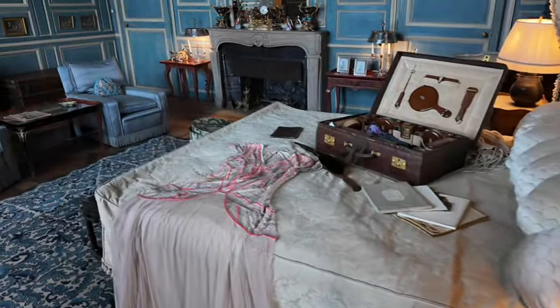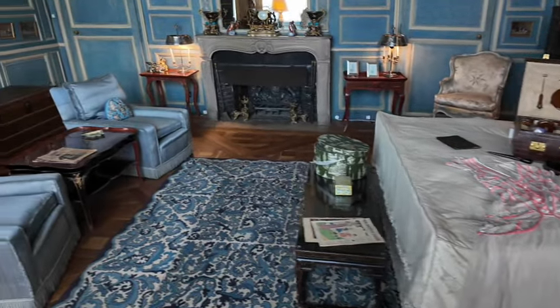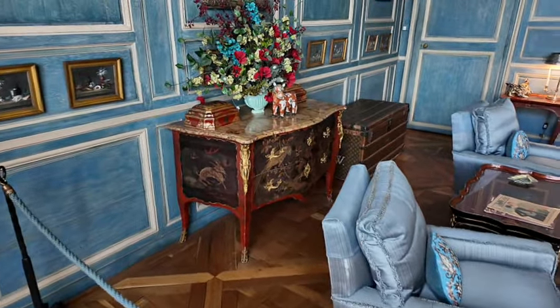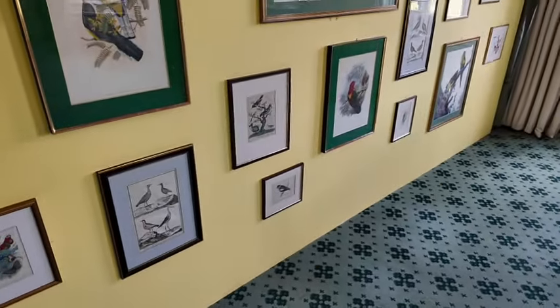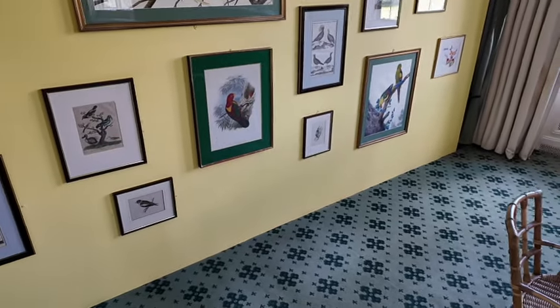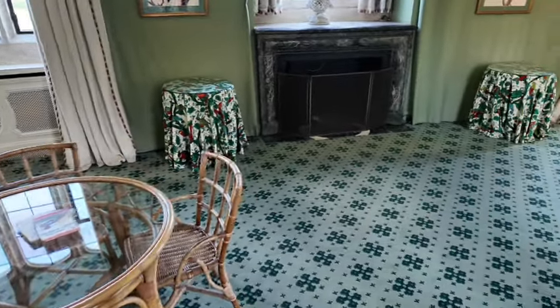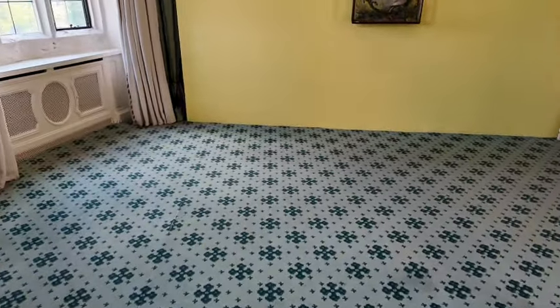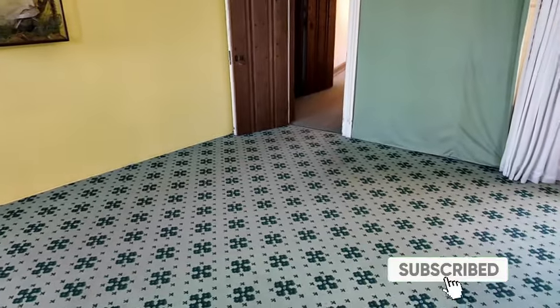As we enter the bedroom, very well done. You can definitely tell it was decorated sometime in the 1920s or 1930s. In here, there's a lot of pictures of different birds. I imagine that the person that redecorated this was into bird watching or maybe bird collecting. Very stoic. You can tell that it was restored from those times when it was first built into the early